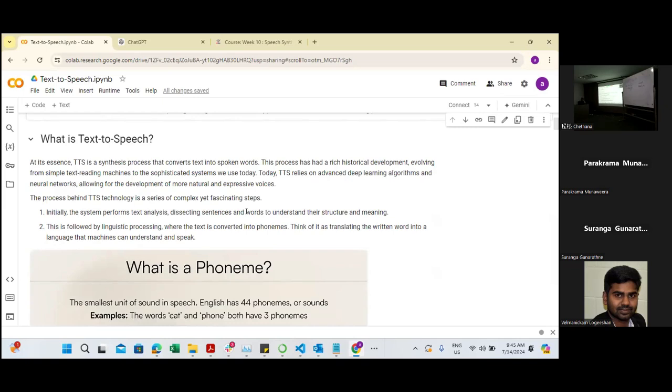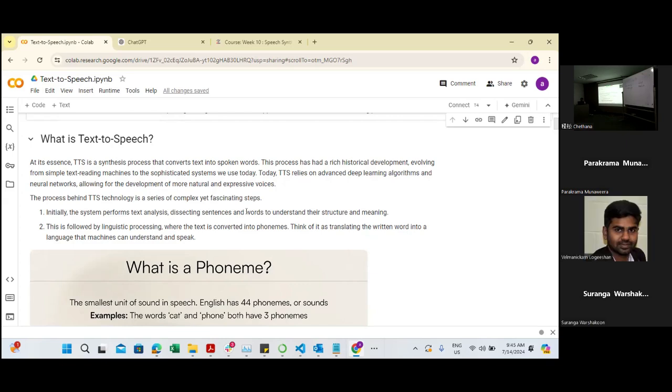Earlier days, if you take the Amazon books, have you seen the Amazon video books? They released a tablet, and you can download the books and read them, or you can put it to audio, right? It will read it for you. That kind of earlier voice just reads. If it is going to read, it will go like this: "At its essence, TTS is a synthesis process that converts text into spoken words." Something like that. Tame tone, nothing. Flat tone. But nowadays, it completely carries the emotion